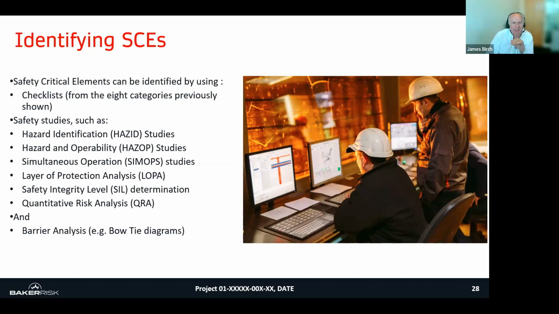But barrier analysis, the third one here, is where we actually can make that judgment, where we can check how much protection we have, too much or too little. And a very easy way of visualizing that is something called the bow tie diagram, which I'll explain in just a minute. But perhaps let's pick an example and let's start to have a look at something here.